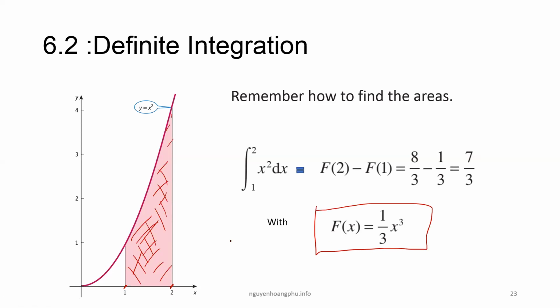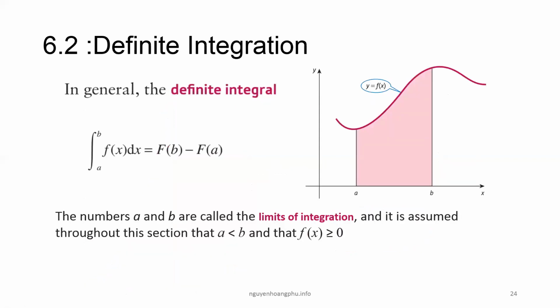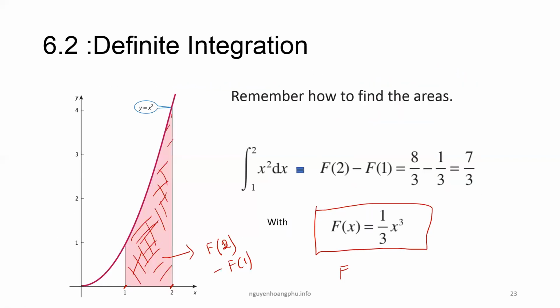So this one, you see here, this area is going to be F of b, which is equal to F of 2 minus F of 1, right? So we will have this area: F of 2 minus this one. If we take here F2 minus F1,